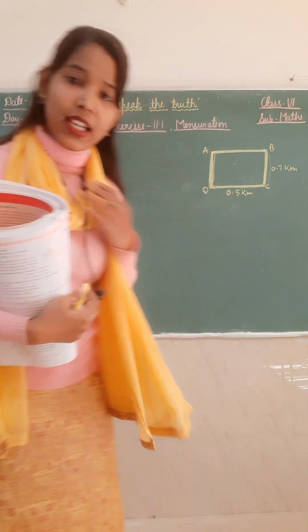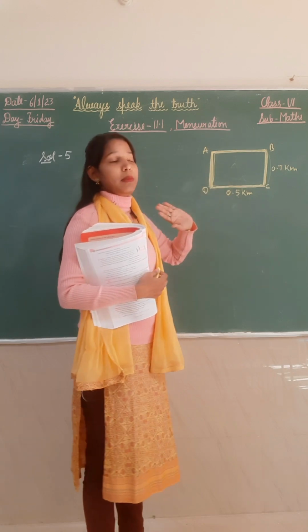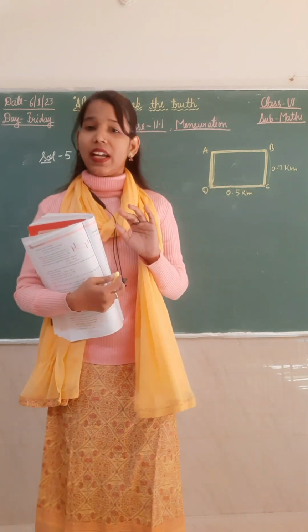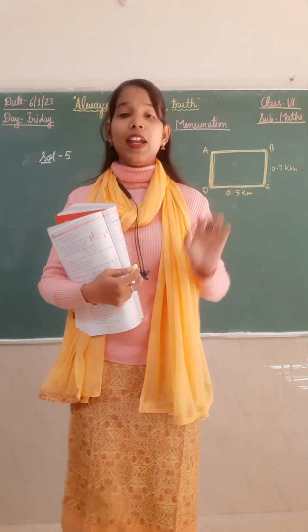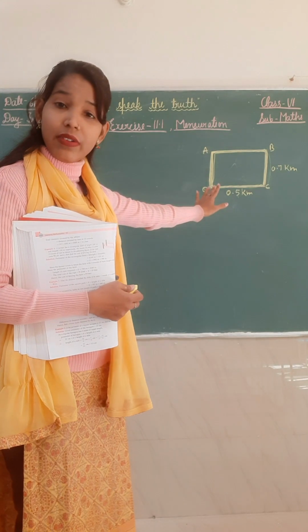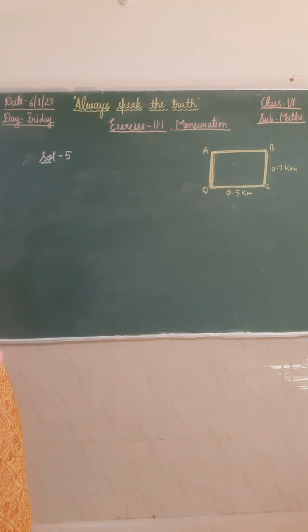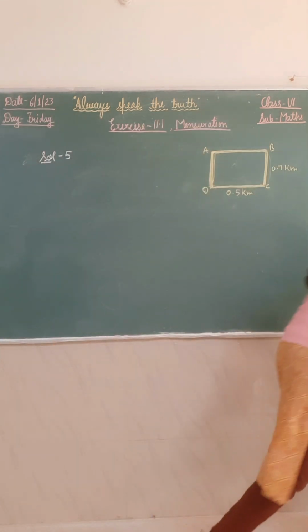That's why. Okay, class. So here it is obvious that we have to find the perimeter. And what is the perimeter of the rectangle? I told you yesterday. The perimeter of the rectangle is 2 into length plus breadth, right? Length is given, breadth is given, everything is given here. So we will find out the perimeter. So write down the solution here.